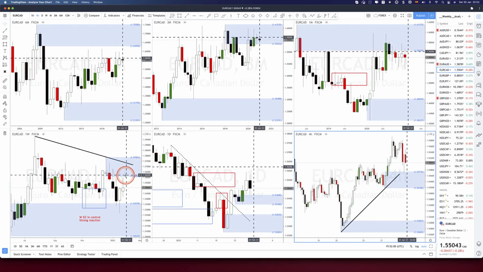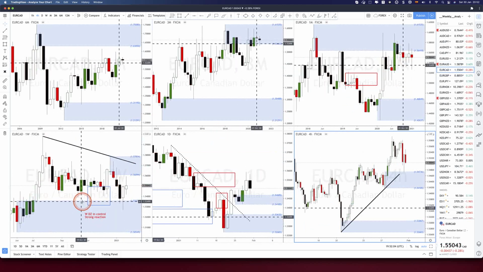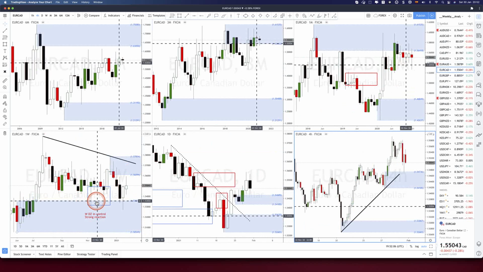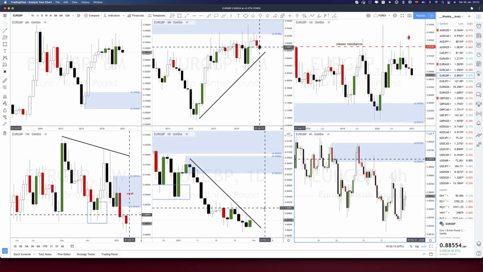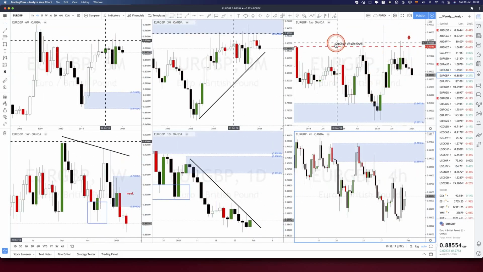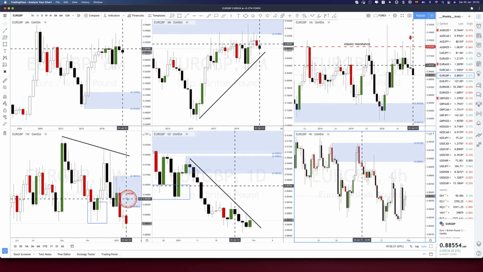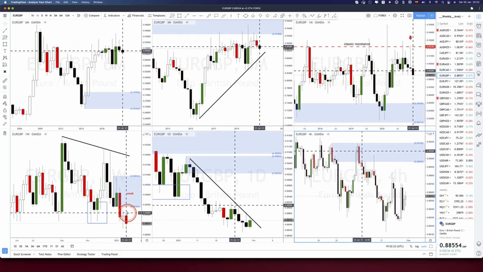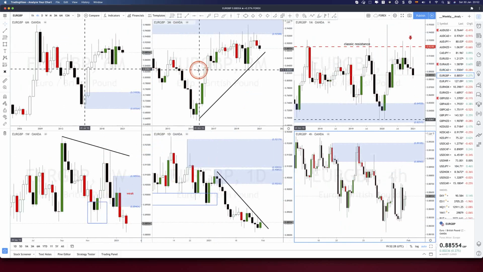EuroCAD, well, this one is a tricky scenario because we have the monthly area of supply in control, and then we have now the weekly area of demand in control, creating areas of demand by scoring low. So, doing nothing. Euro Pound, monthly bearish pink candles, classic resistance, weekly downtrend, weak area of supply, only 1 ERC, not 2 to 1, poor price action on the Euro Pound. So doing absolutely nothing, waiting, and waiting.